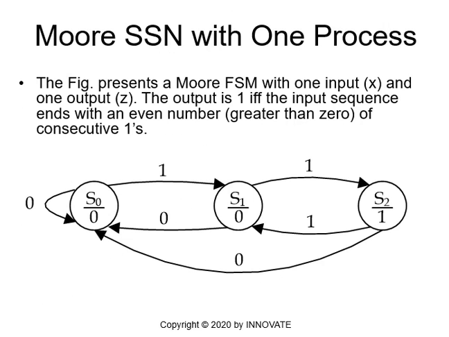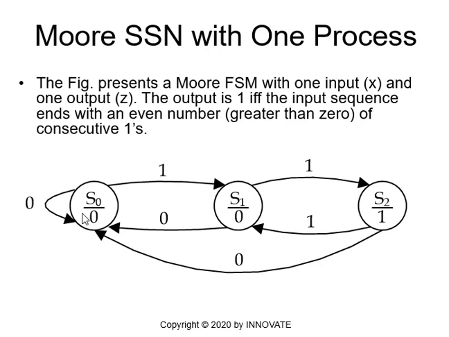Now, for the next example, we will take a more sequential synchronous network with one process. The figure represents a Moore finite state machine, or SSN, with one input X and one output Z. The output is 1 if and only if the input sequence is an even number greater than 0 of consecutive